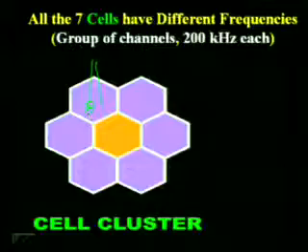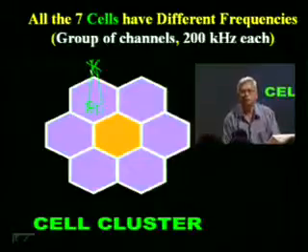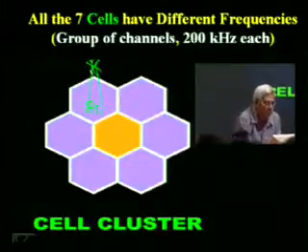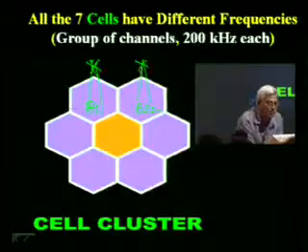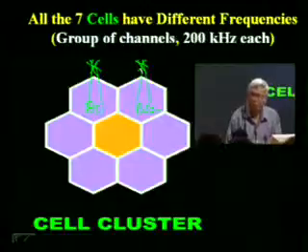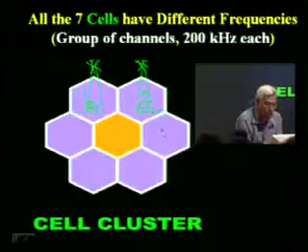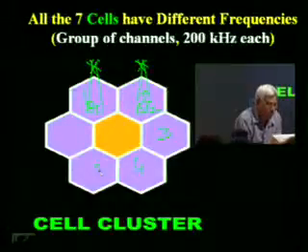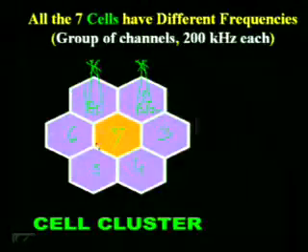This is the BS 1, and they have their own antennas. In a similar way, this is another BS 2, which has its own antennas. In a similar way, all the 7 cells, starting from 1, 2, 3, 4, 5, 6 and 7, have their own base stations,